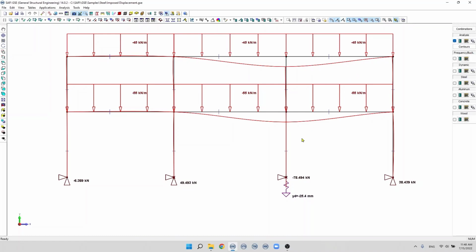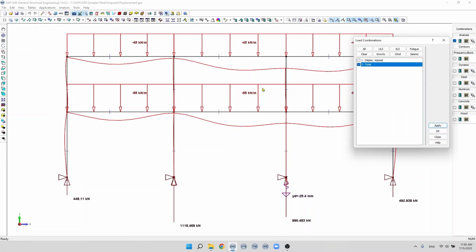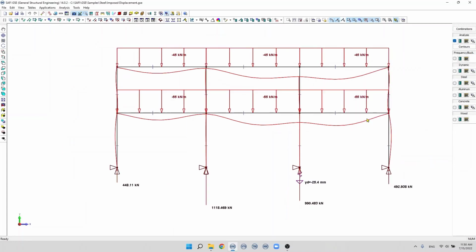So, we create a load combination, and in that combination, we will use a very small load factor for all the basic loads. The imposed displacement effects on the structure will be easy to see in the results. We can also display the results for the second load combination that includes the total load on the structure. That's it for the imposed